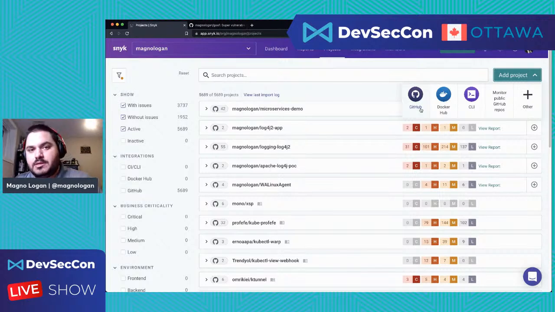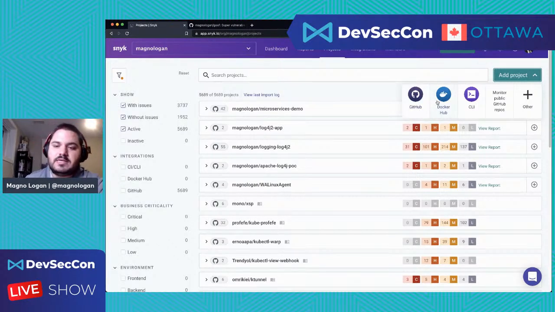Nowadays, the Snyk platform is not just an SCA tool anymore. It has different modules and different features, so it can analyze Docker files and Kubernetes YAML files as well. It can do some static analysis too. So if you want to do that with Snyk, you can do everything. Once I add a project here, the platform starts checking to see if it can do all those analyses and reports all those issues or vulnerabilities here for me, right?